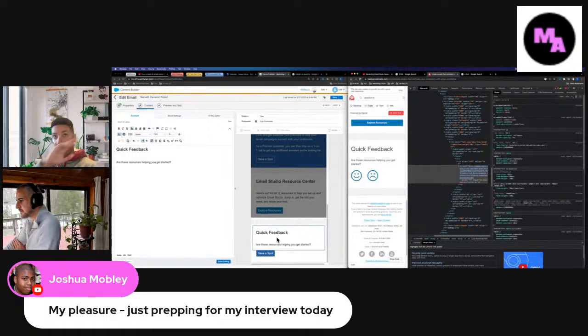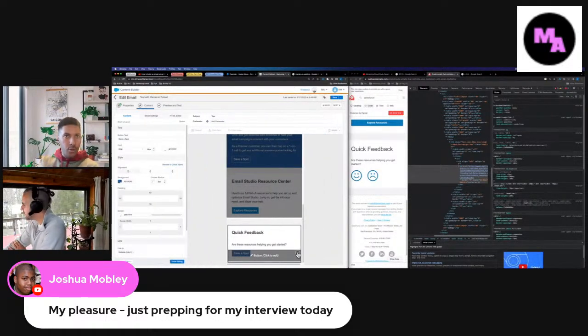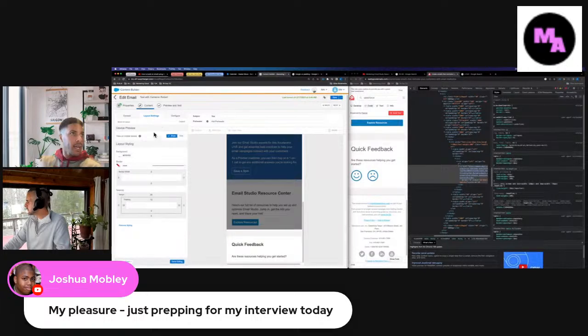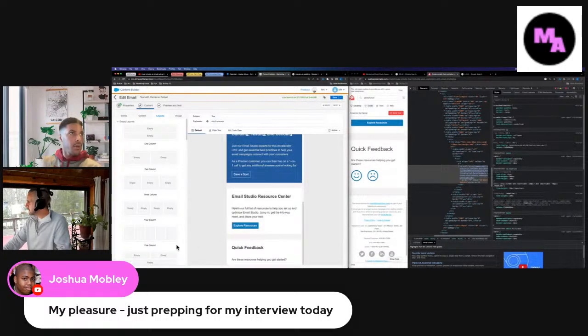So it looks like these are, you know what this looks like? So these aren't buttons. So we're going to delete this button block. And underneath this, we're going to pull over another block or another layout. And it's going to be